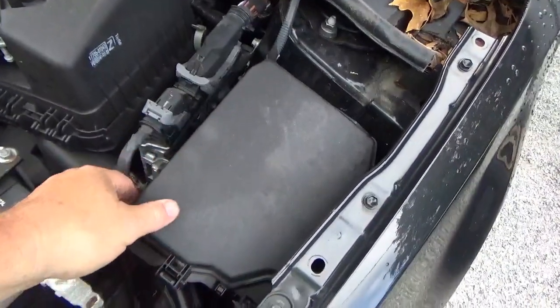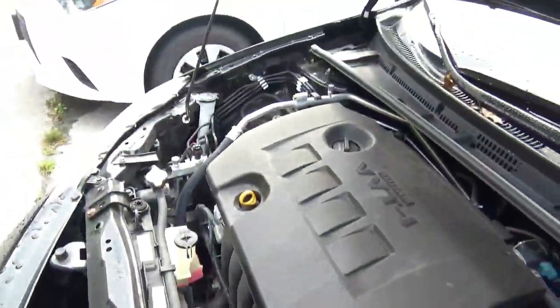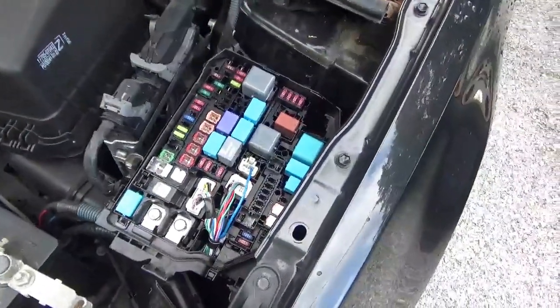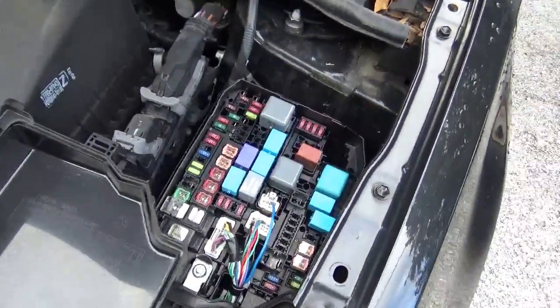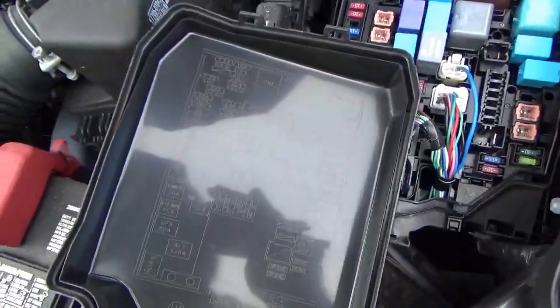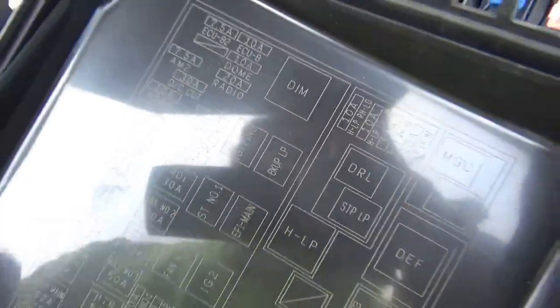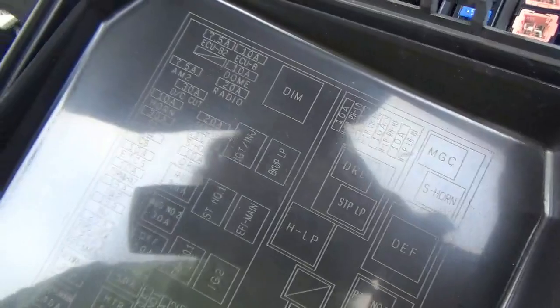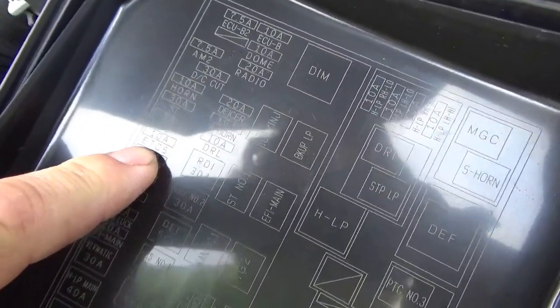So, here's the fuse box on this thing. And you guys can see it's nice and clean under here. No mice in the fuse box. That's a good thing. So, I spent a few minutes, let's put it the right way up, I spent a few minutes looking at all the descriptions here. And, you know, pulled a few fuses and guessed and scratched and all this. And according to the internet,